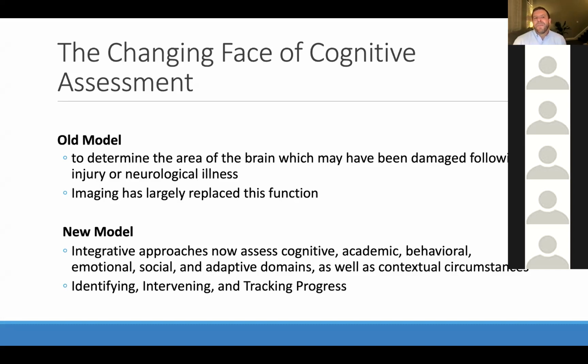whether it be focal head injury or other kinds of brain-related concerns, to understand what regions of the brain might be impacted. So it sort of bore out of departments of neurology, often in hospital-based settings. But really what's happened over time is that imaging, right? So MRI or EEG and things like that have helped us to better understand brain functions in a way that we don't really need neuropsychological assessment for that.